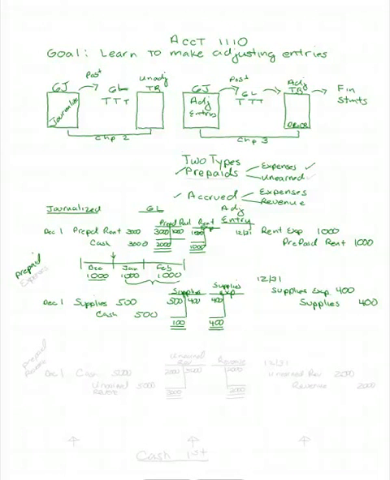When it comes to prepaid expenses, you need to know either how much has been consumed or how much is left, and you'll be told one of those numbers. And then it's up to you to figure out what the adjusting entry is. If you know what's been used, that's easy. Just take that out. If you know what's left, make an entry that makes that happen. So this then was an example of prepaid expenses, or two examples. Let's move to prepaid revenue,